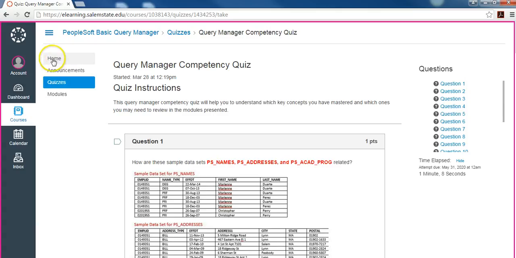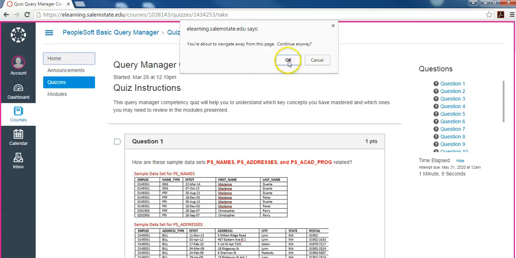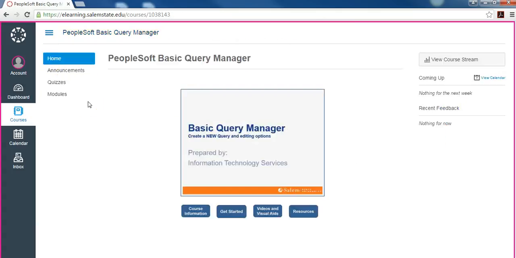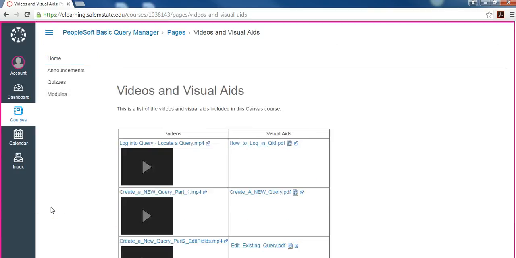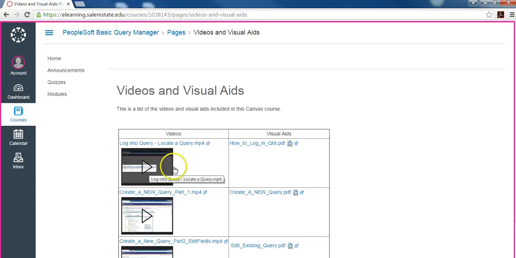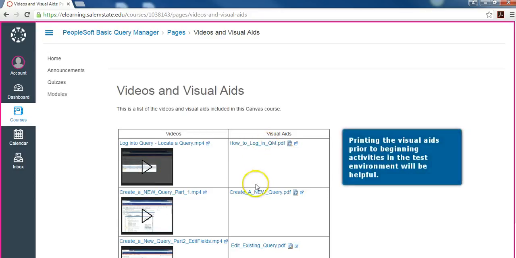Remember, at any time you can get back to the beginning by selecting Home, and from there, again, you can navigate and get to where you need to in the course. Modules will always bring you to the content, and there's also a button here for videos and visual aids. If, for example, you just want to see the step-by-step instructions, or if you needed to print out the visual